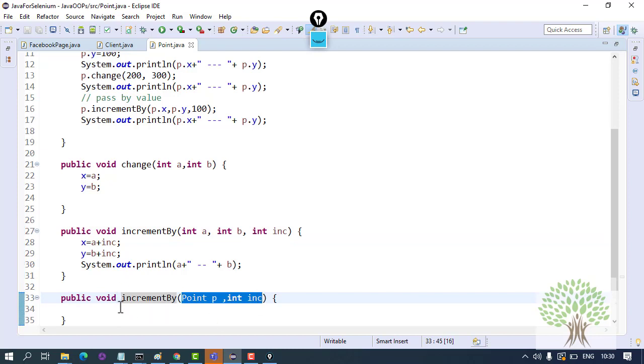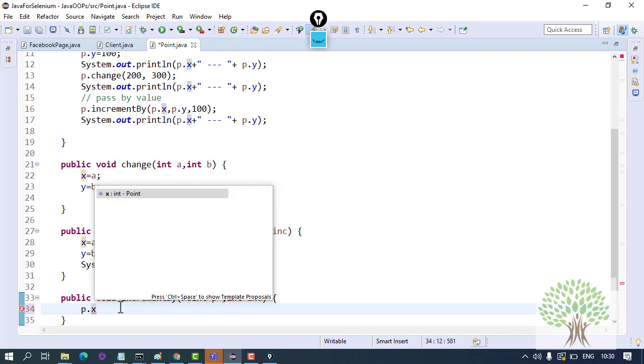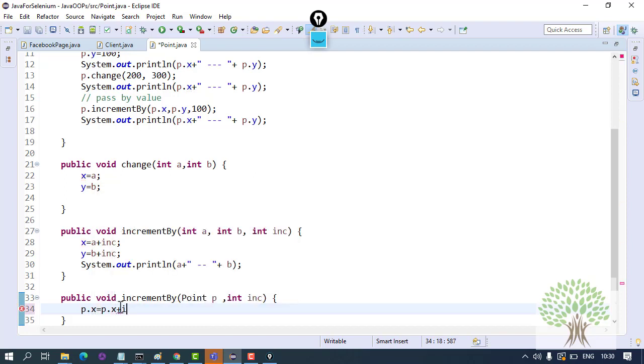Okay, now over here what I am going to do, I can write p dot x equals to p dot x plus the increment, and p dot y equals to p dot y plus the increment.